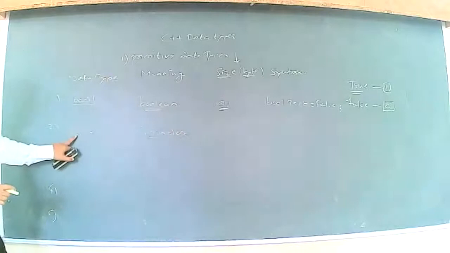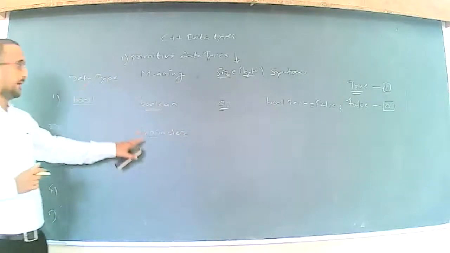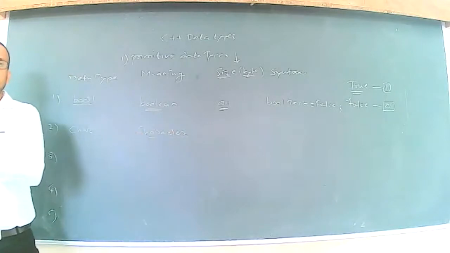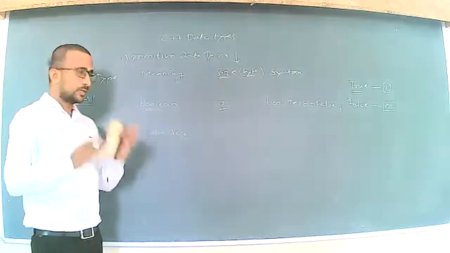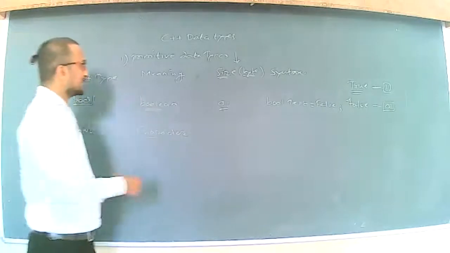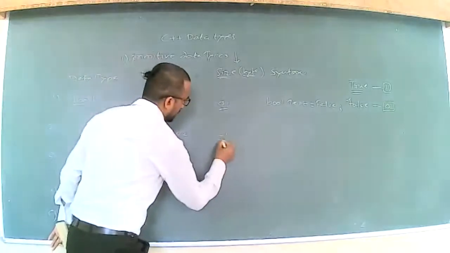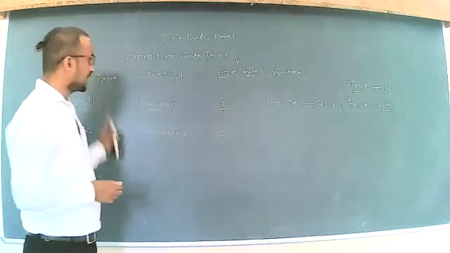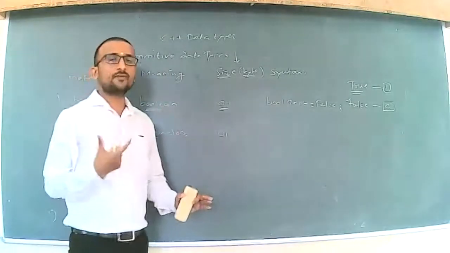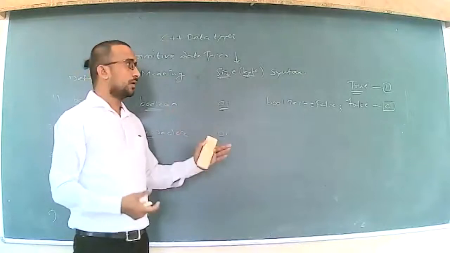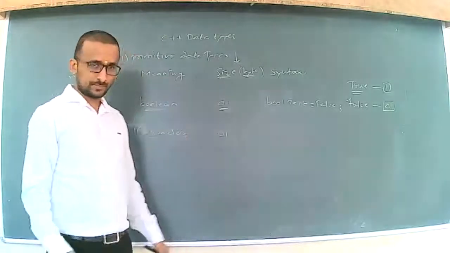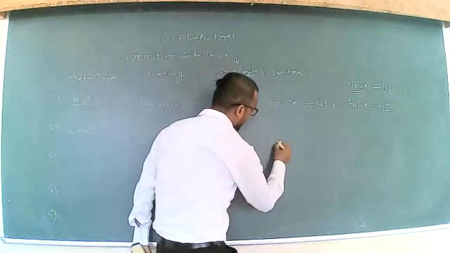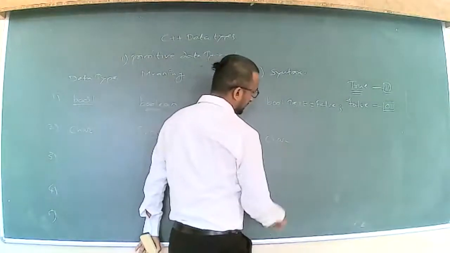With the help of this char data type, we can save the character value at some particular memory space. What is the size for that character? Again, 1 byte. With the help of this character data type, only 1 byte value we can store on our computer system. What is the syntax? Same syntax: the character data type, char.